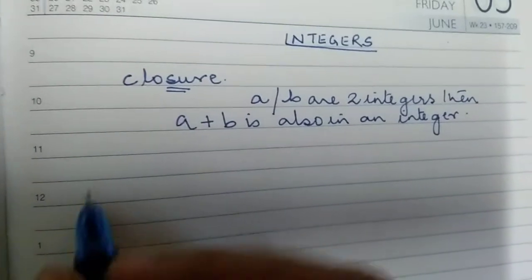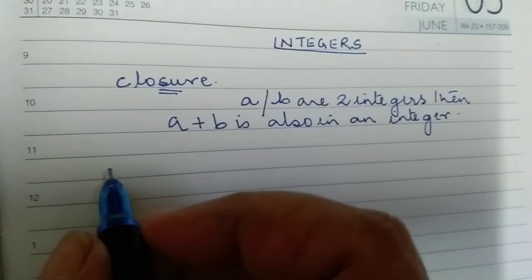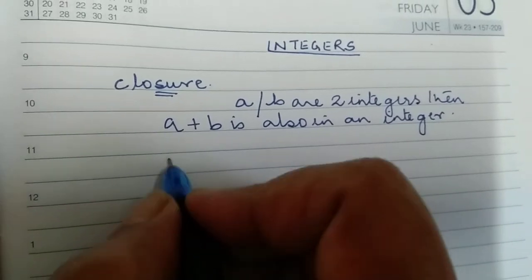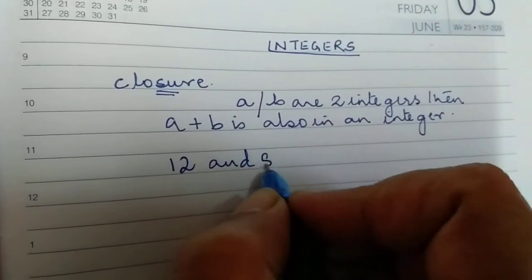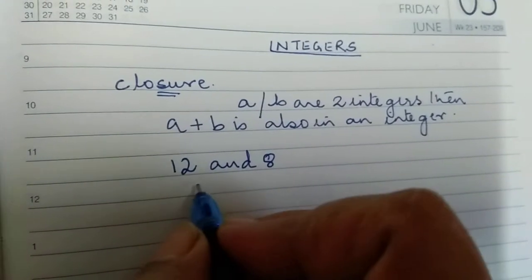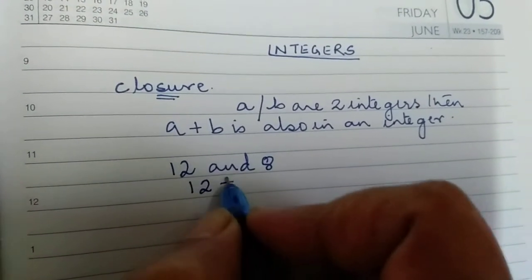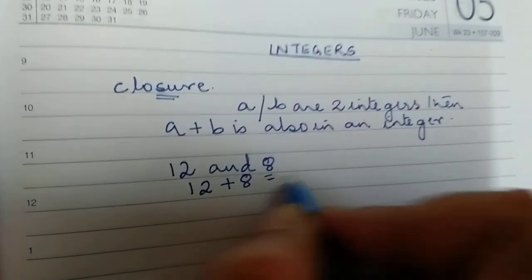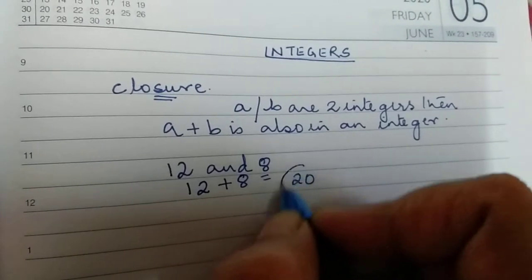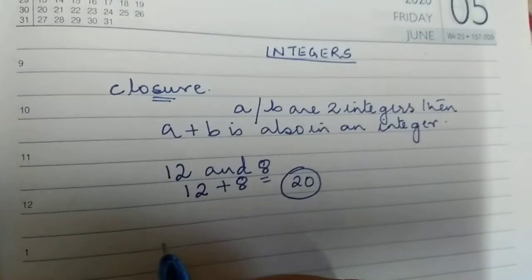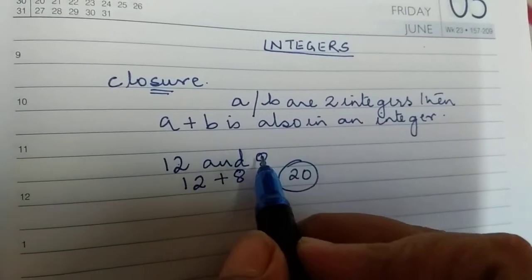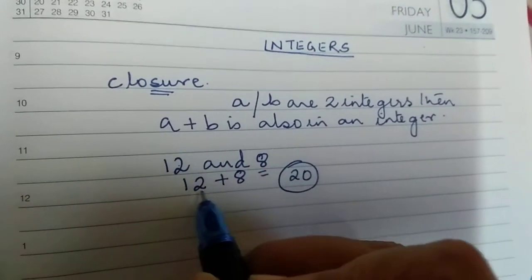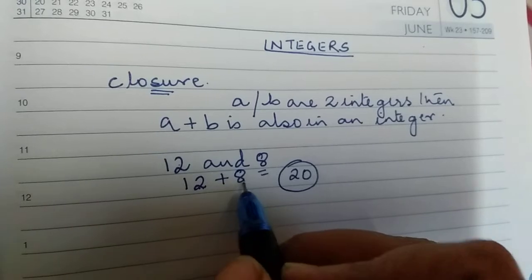Suppose we take two integers as 12 and 8. Let 12 and 8 be two integers. So if we add it up, 12 plus 8, it will be 20. 20 is also an integer. Have you understood? So if we take two individual integers and we add it up, then the result after addition